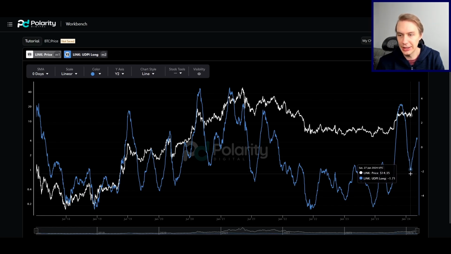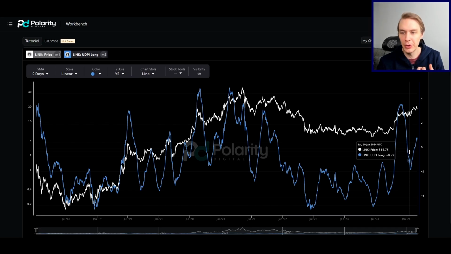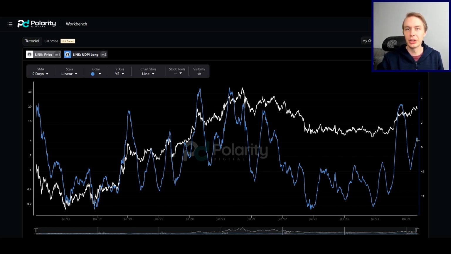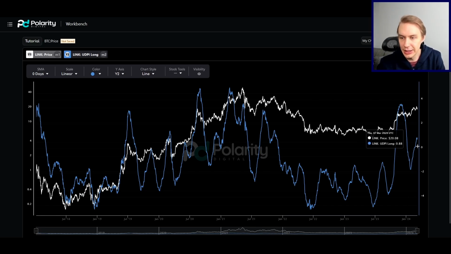And that was actually the exact moment, the catalyst, where the conditions were now better for a move up. And that's indeed what Link decided to do. It rallied. We're now sitting a bit above zero. So when I'm looking at the long-term UDPI, to think about a longer-term run that can really have a lot of legs in it, I'd ideally like to see this start coming back down again.